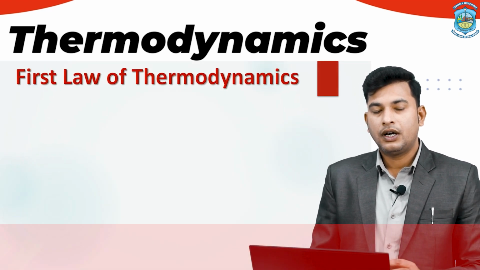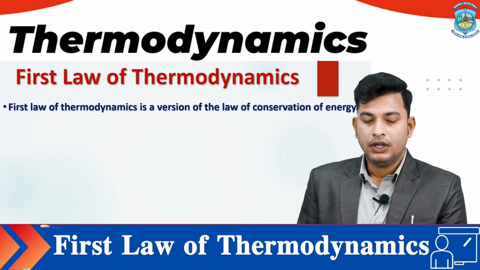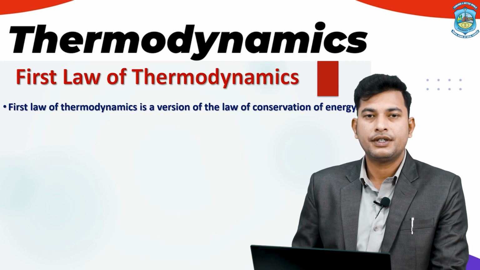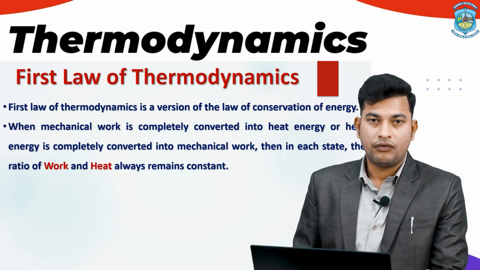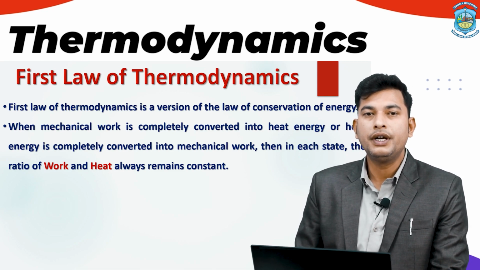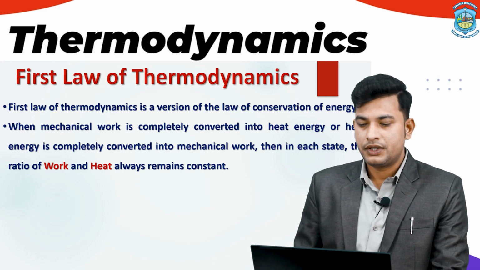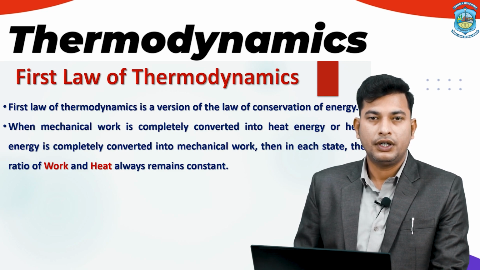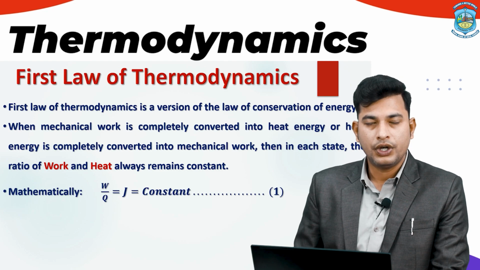So let me start with the basics of the first law of thermodynamics, as we have already covered it, so we will have a short description. The first law of thermodynamics is basically a law of conservation of energy. It states that energy is changed from one form to another form. When mechanical work, which is one form of energy, is completely converted into heat energy, another form of energy, or vice versa, when heat is converted back into mechanical work, then in each state the ratio of work and heat always remains constant. Mathematically, W upon Q is equal to J, a constant value,